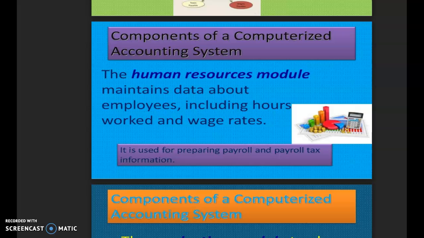Say in a big organization, there may be 1000 employees, 2000 employees, and it becomes a difficult task for the accountant to prepare the details relating to their compensation, that is salary, commission, bonus, packages and other allowances, regularly or periodically. So in order to help them, AIS or the computerized accounting system automatically, correctly and accurately calculates the detail